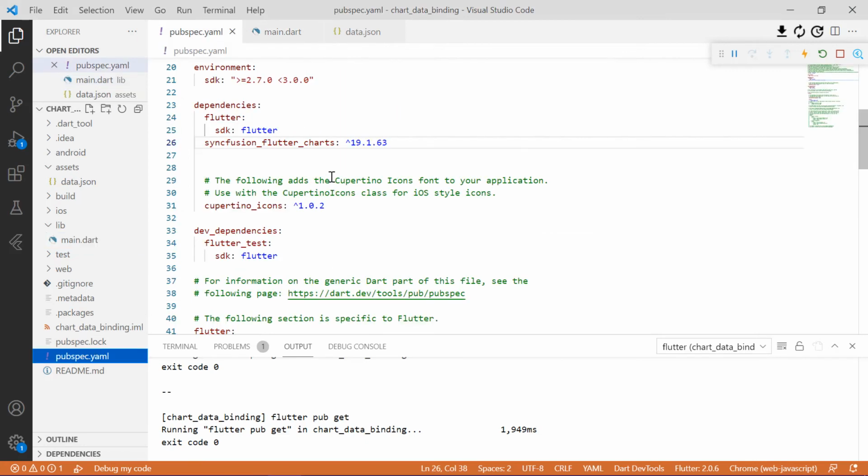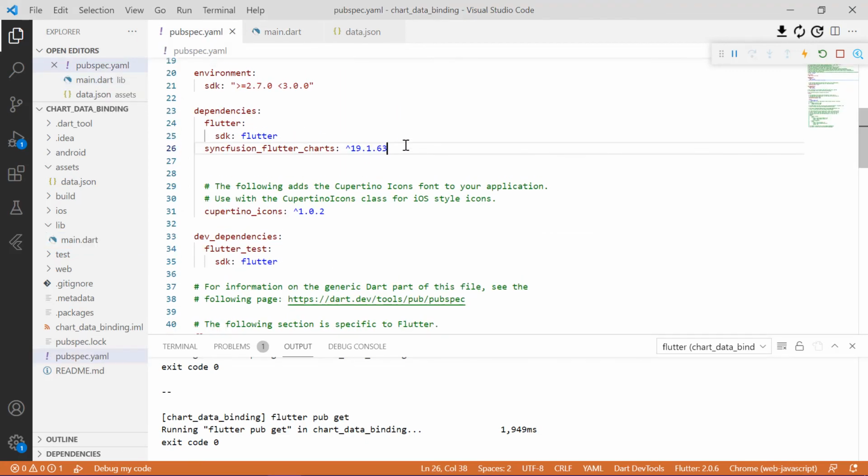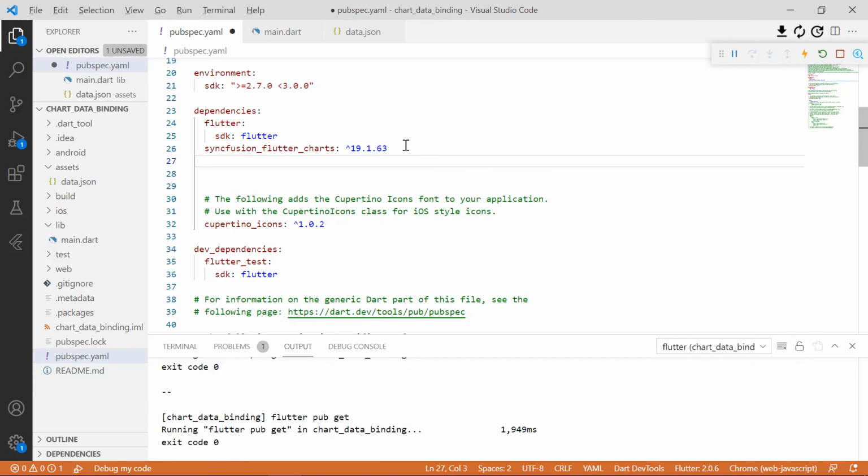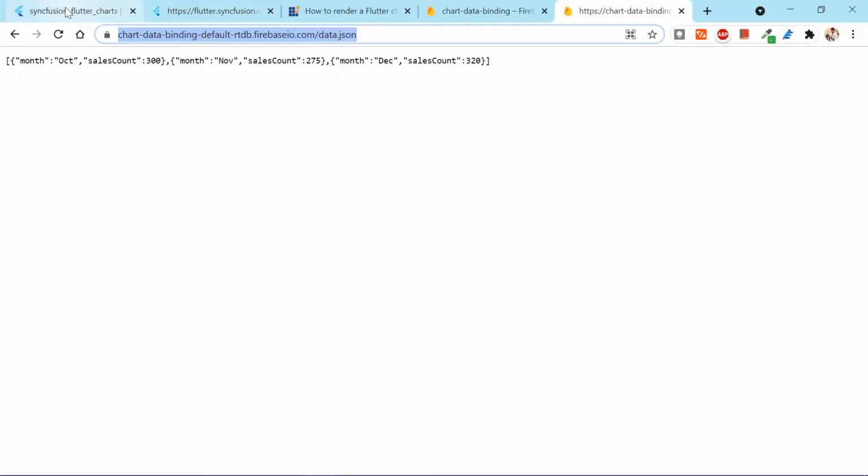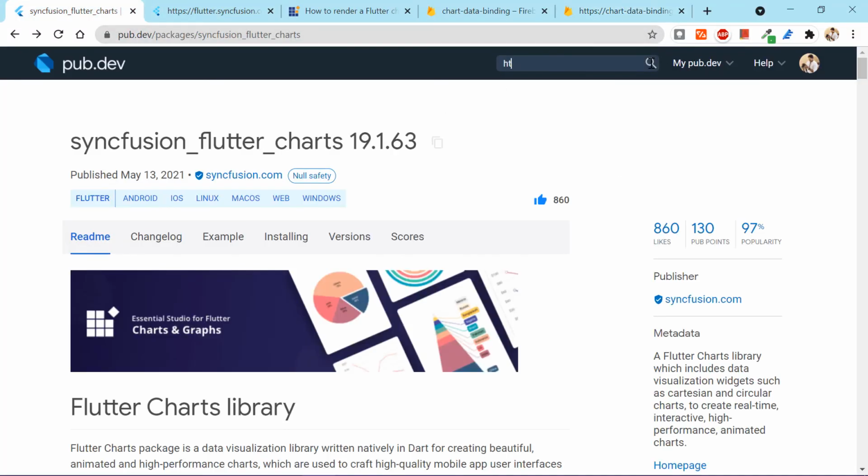Since we have to process the web link, we have to include the HTTP package as a dependency. We can get the latest version details of the HTTP package from pub.dev.